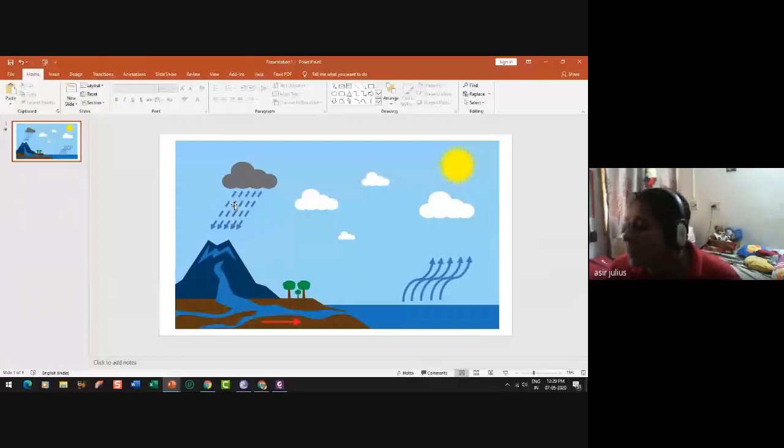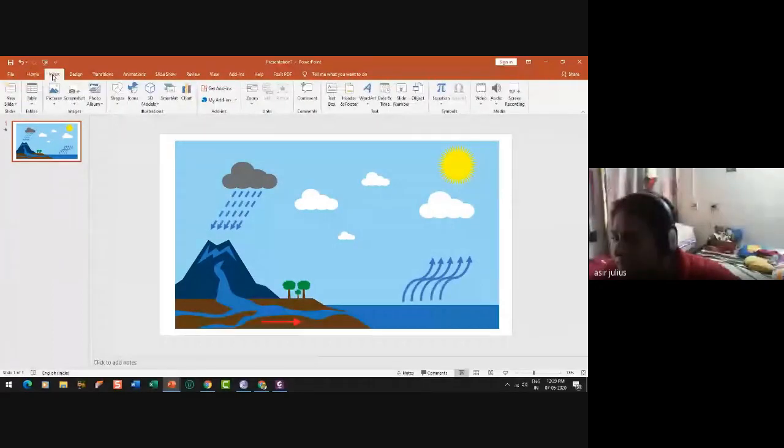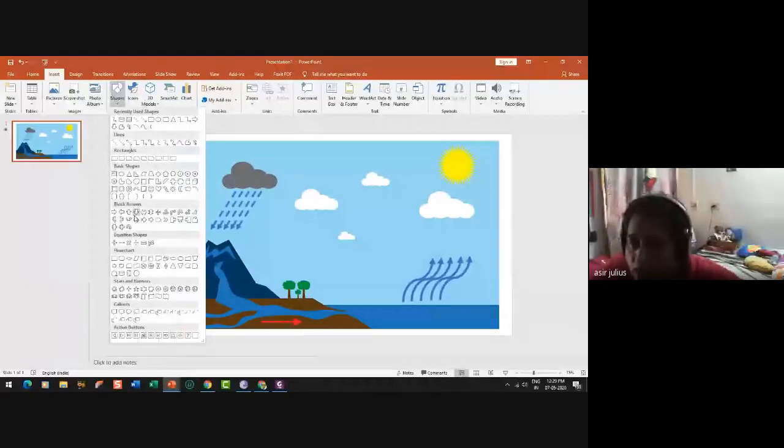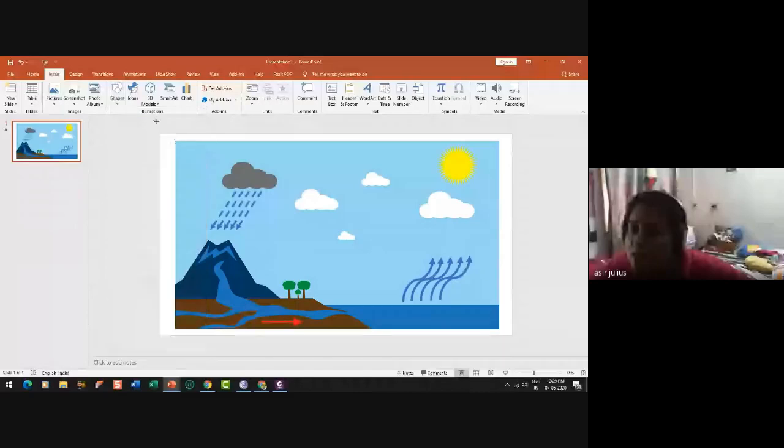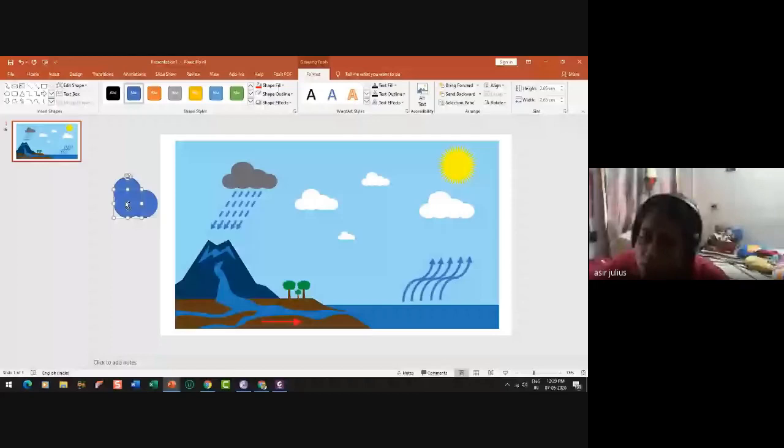The final one is clouds. Clouds we didn't extract from this place. So we are going to make our own clouds. 1 minute. Okay. To make our own clouds, again I'm going to insert. As I said, insert is a very frequently used option, and I'm searching for round. I'm just placing all the rounds here. Clouds. Now the clouds are ready.